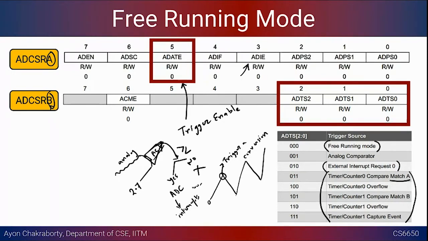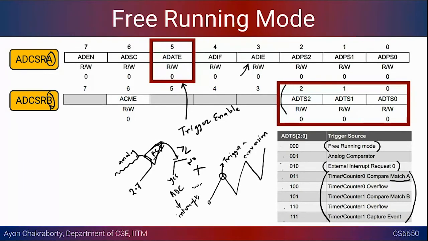So these are different ways you can enable the trigger. Okay, you can program them from the software. If you have other components in your IoT system, there are some inputs, outputs, or there are some other things like you want to schedule at a regular interval of time, then in those cases you can use this particular ADATE flag in the SRA register, and then based on what are the facilities we have in the SRB register, these are the several trigger sources that you can specify, 1, 2, 3, 4, 5, 6, 7, and 8, and you can have something out of these.